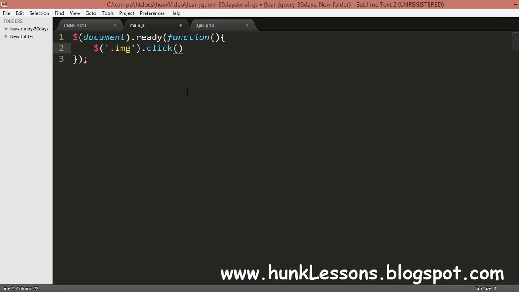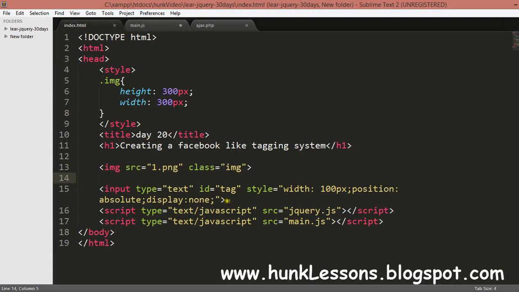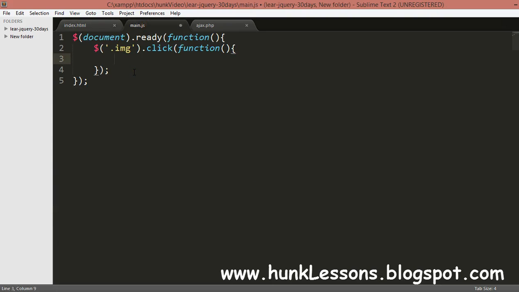Then we will perform a function. Whenever the image is clicked, we will show this div. For this I will first select the text field. I have given the text field the ID of